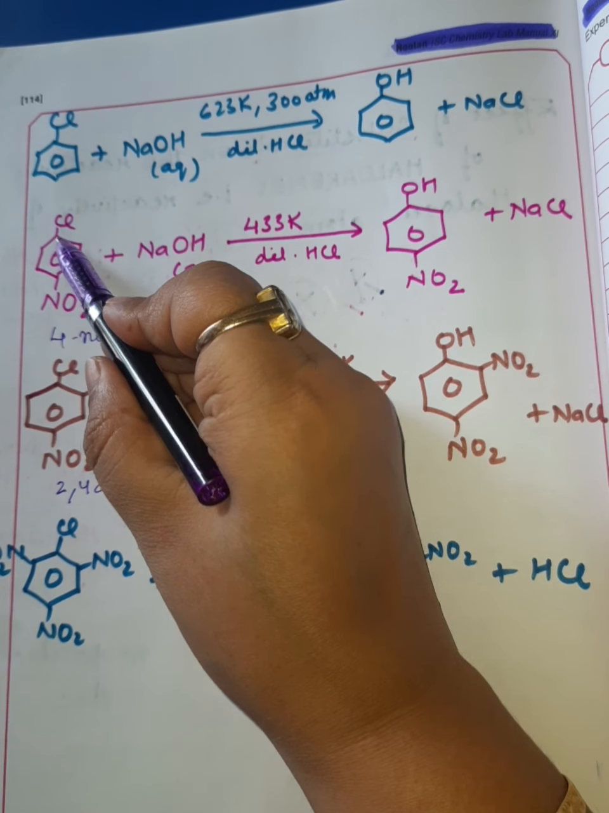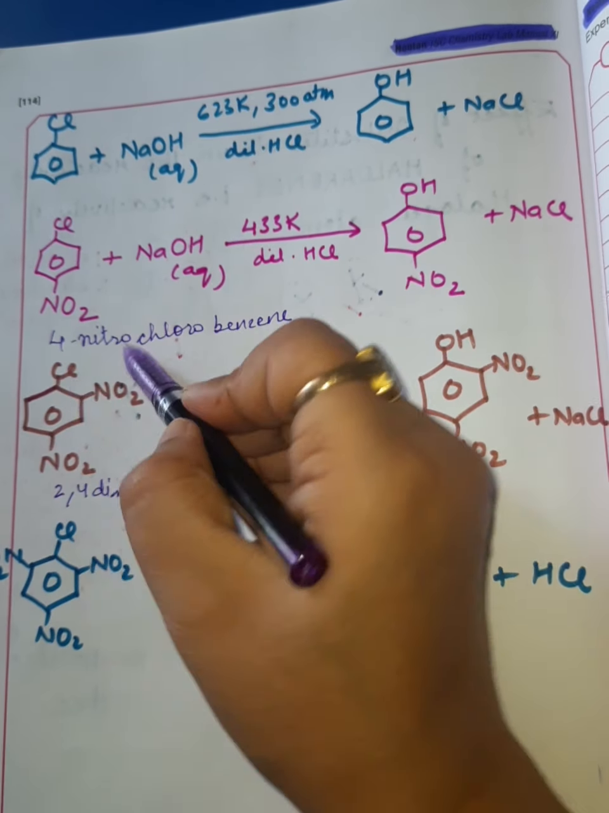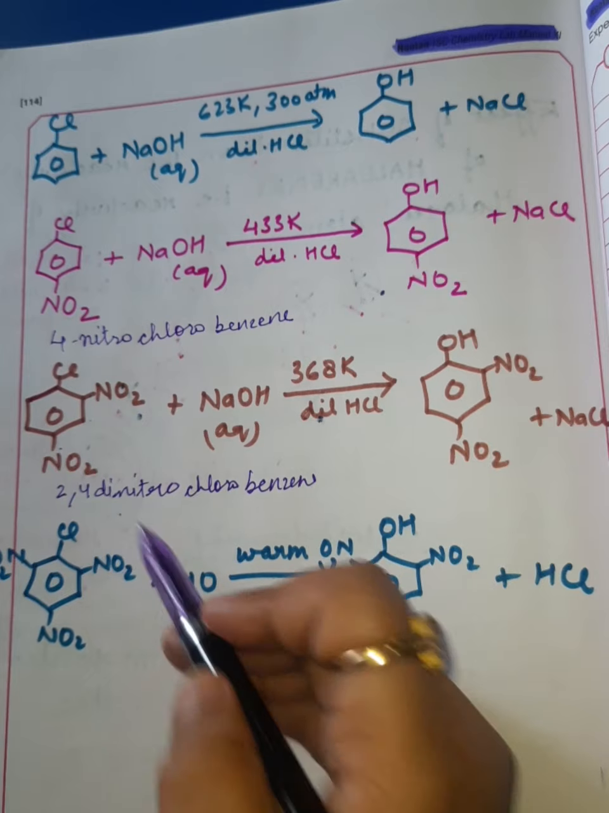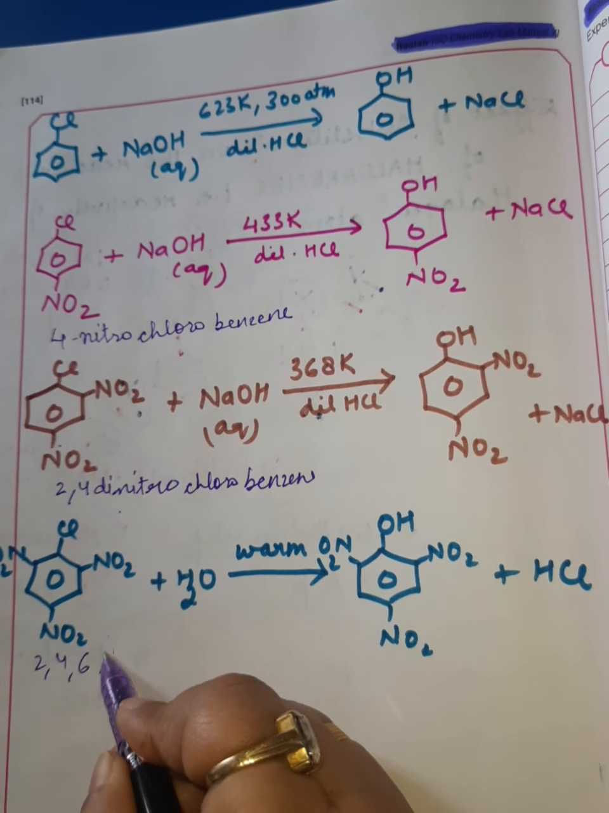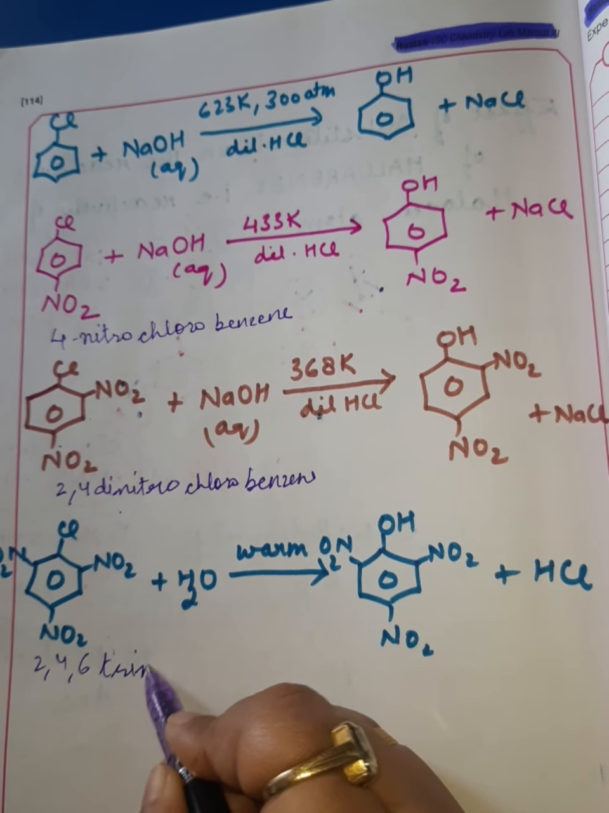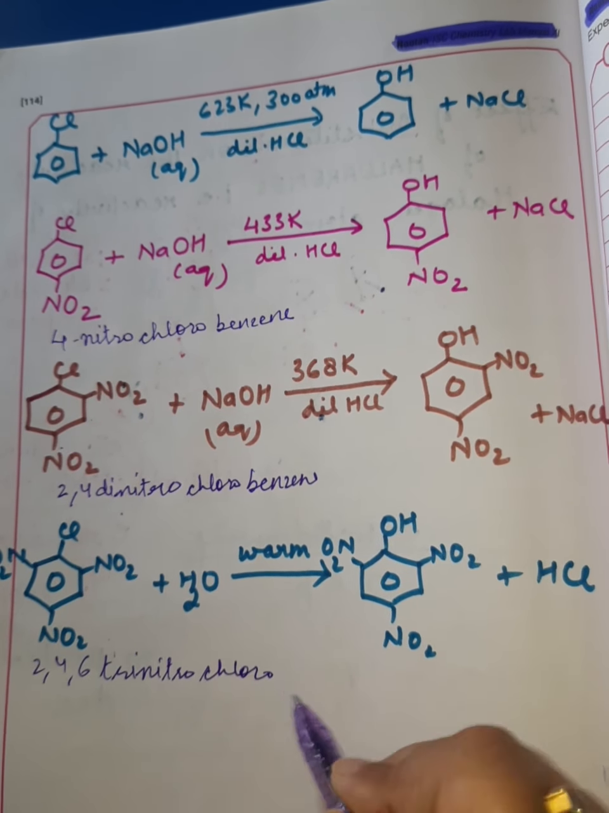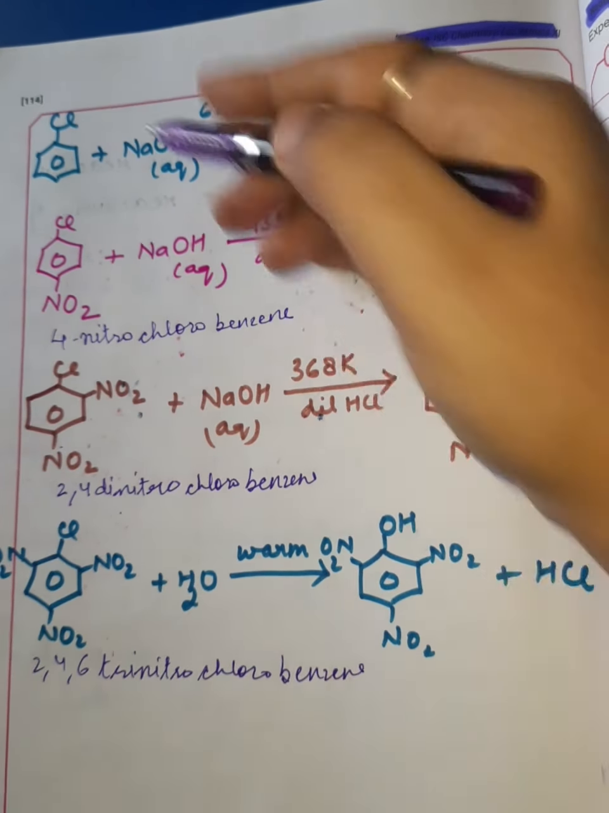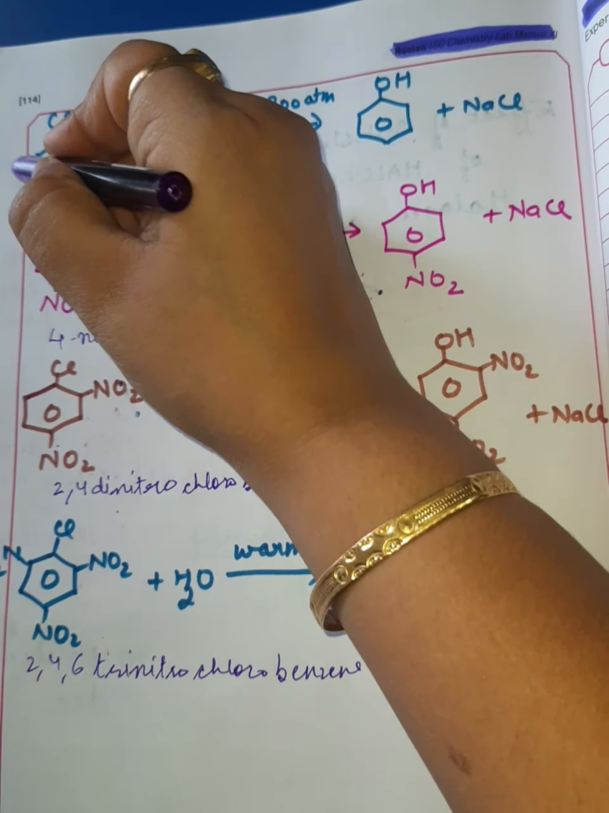This is the number with respect to Cl. If this is the first carbon, second, third, fourth, so 4. So here first, second, third and fourth. So 2, 4. Now here it will be 2, 4, 6 trinitrochlorobenzene. So these are the derivatives of chlorobenzene, where NO2 is a substituent, and in the first case there is no